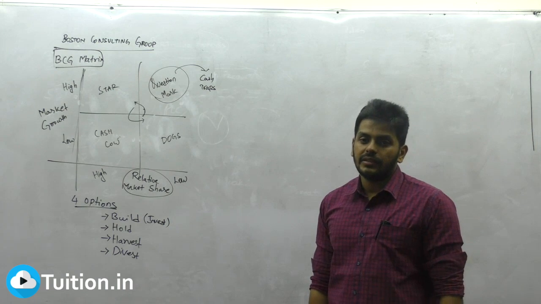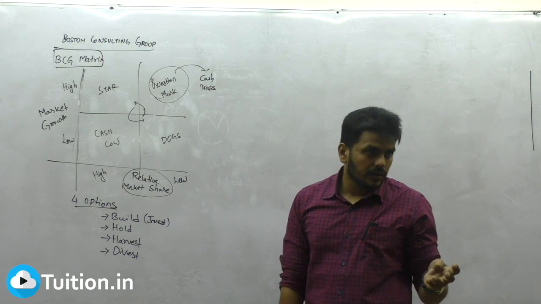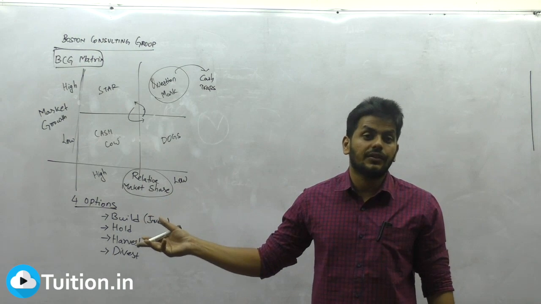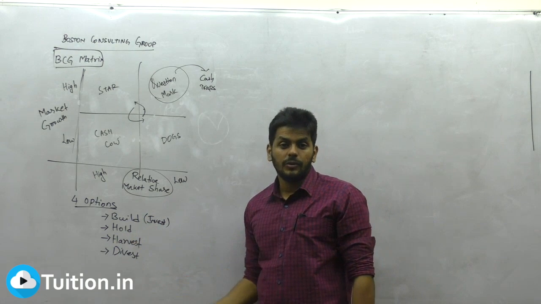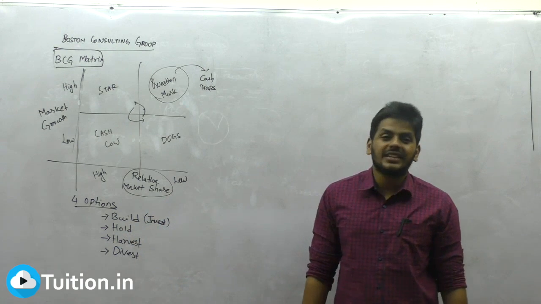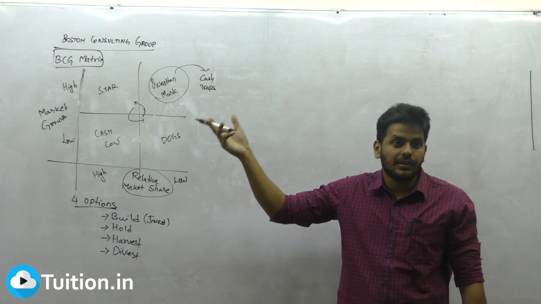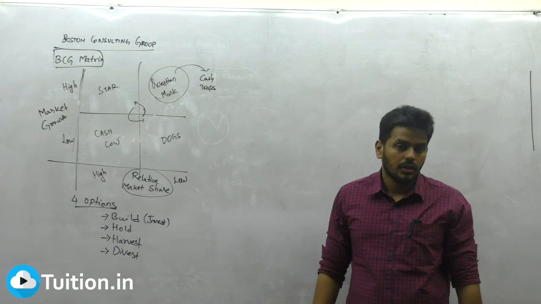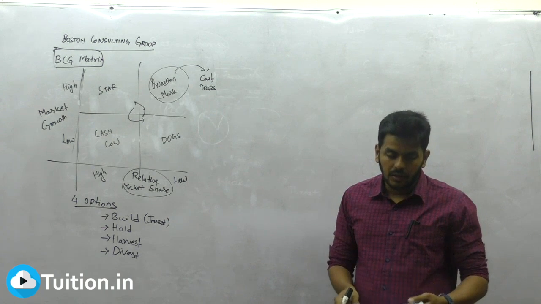A well-established business is there. Just because you classified it as a dog, you divested it. What nonsense. You might say, sir, it fell in that classification. Maybe you did the wrong classification, who knows. So sometimes you might end up giving up on a well-established business, or thinking that something is a star, it's fantastic, you enter into a question mark, a hot, new, risky venture where you're not fetching returns. So BCG has its own set of problems. You understand what I'm talking about? So that is about the Boston Consulting Group matrix.